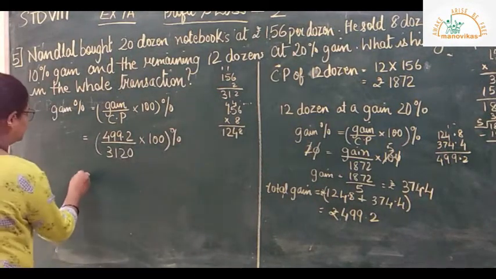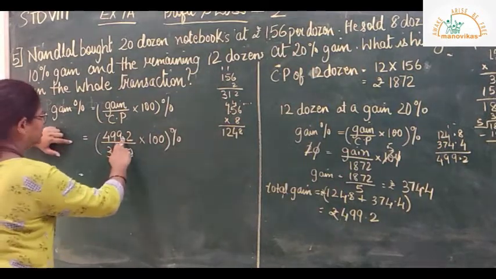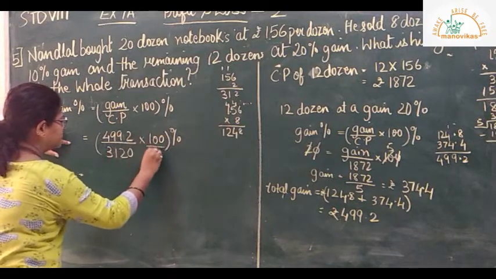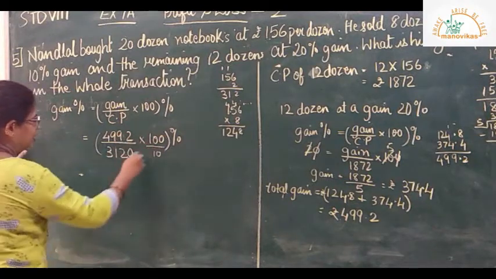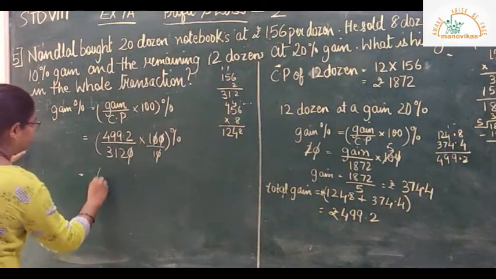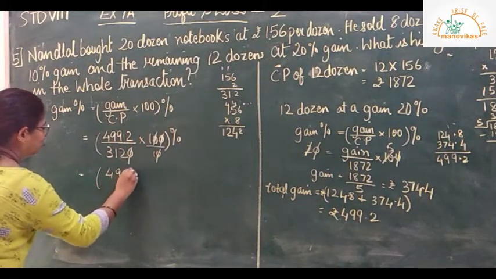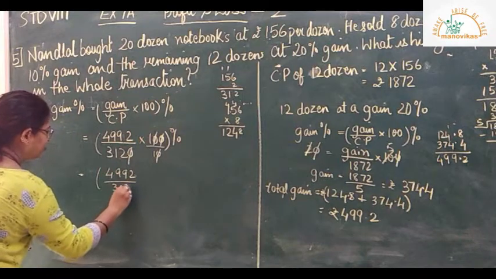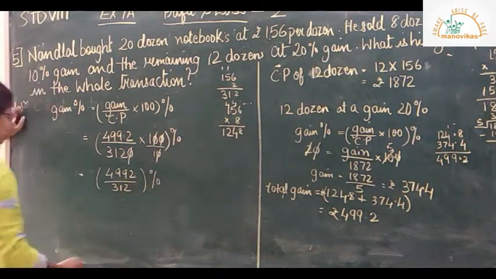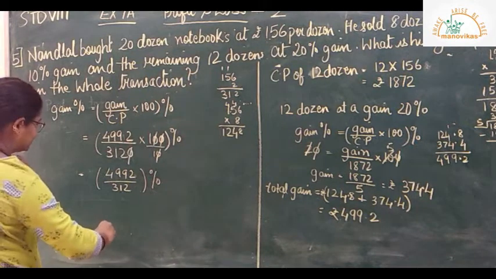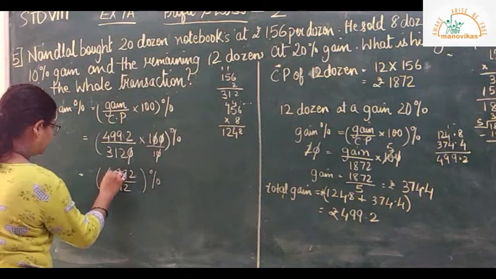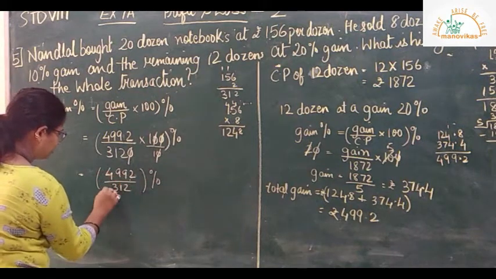Okay. So now let us calculate this. If I remove the decimal point here, it is divided by 10. So I can cancel this out, this also I can cancel out. So what remains here? 4992 divided by 312. Okay, so let us cancel this out. Now we can cancel this with the, okay, let's try with 3.